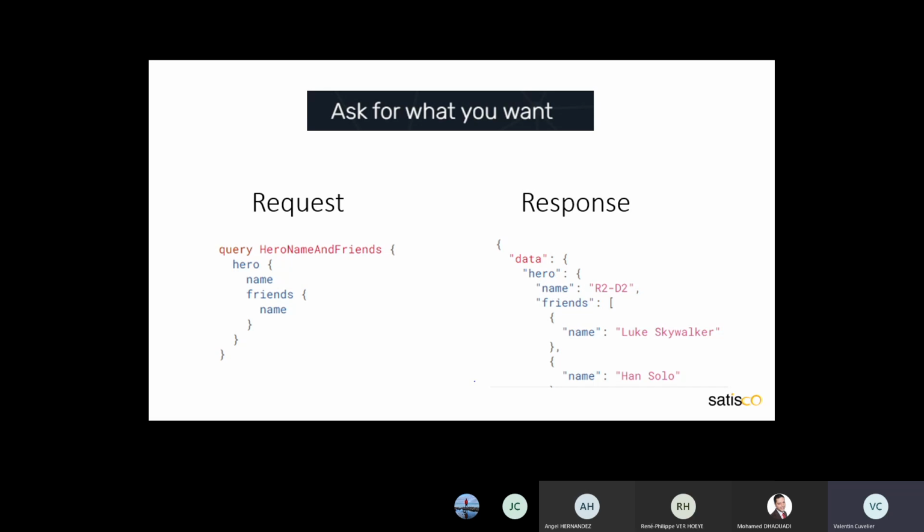It means a hero can have several friends. If you compare that with a database, imagine we have a table hero and a table friends, and we have a primary key and foreign key between these two tables. But here we have the link implicitly, and in the response we have one hero R2D2 and the friends linked to this hero.